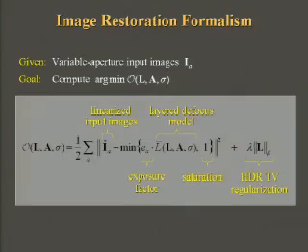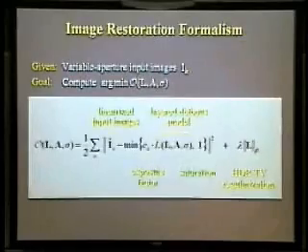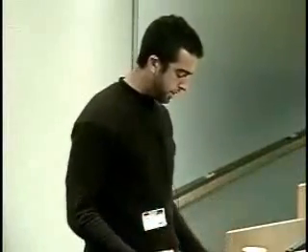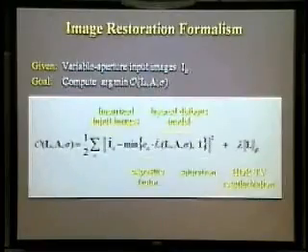Now, given the scene description and the image formation model, we're finally in a position to formalize what we mean by the image restoration problem, and that's determining the scene that best accounts for the input images. As usual, we formulate this as a minimization of an objective function, and there are two terms. First, we have a least squares pixel-wise error term that penalizes scene models that don't reproduce the input images. And second, we have a regularization term that will reward piecewise smooth scene radiance, but in a way that extends the usual total variation penalty to handle large dynamic range scenes.